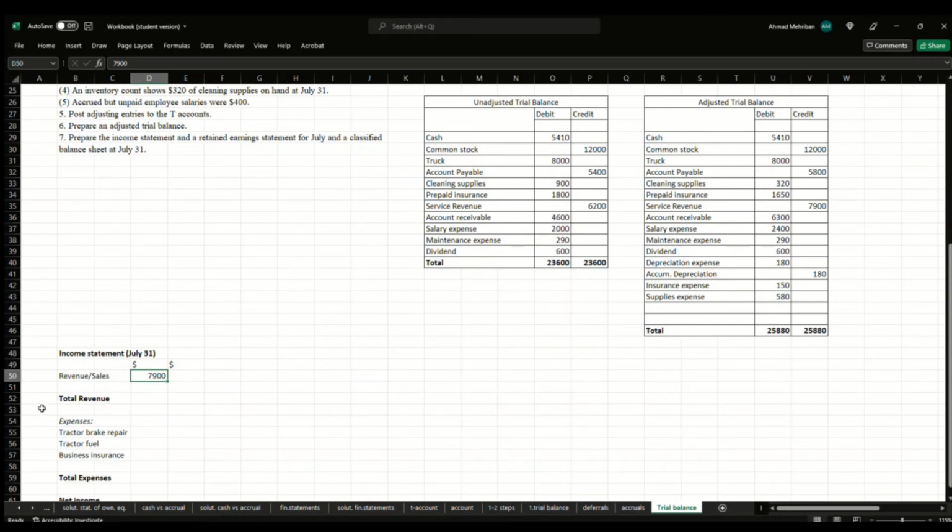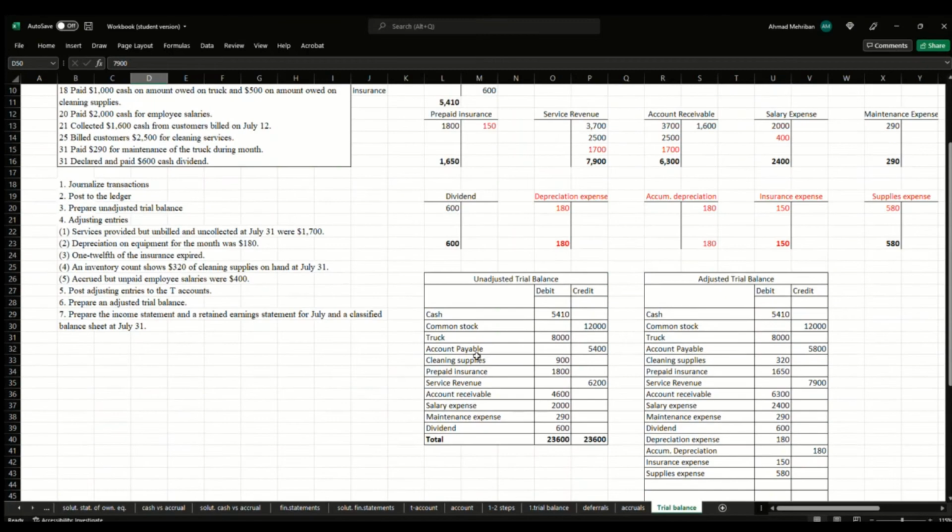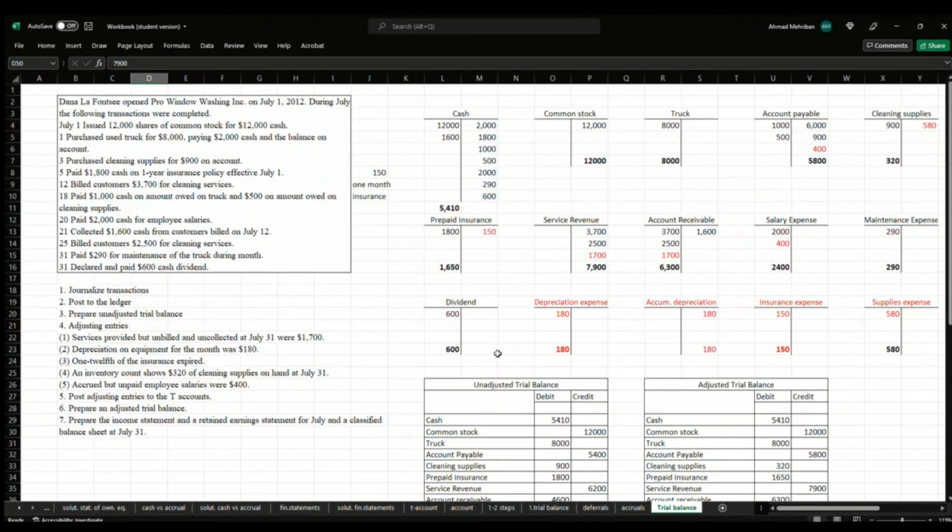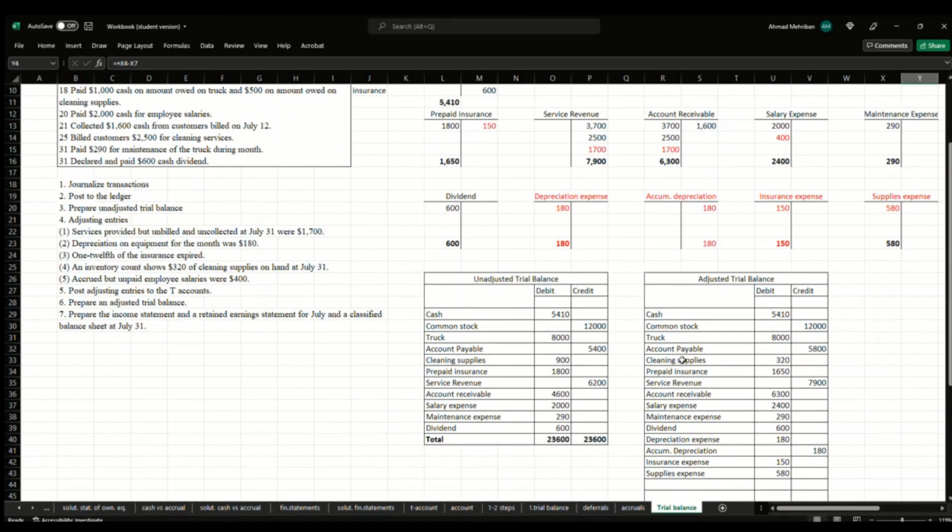Now, for simplicity, I'm not going to look into the cost of goods sold, although the business is about what? Window washing. The cost of goods sold would be the cleaning supplies, and depending on the type of salary, it could be the salary expense as well. But since in our case I don't know how much of this salary is related to those people who are actually providing the service, we're going to skip that part, and we're not going to add the salary to the cost of goods sold. Now, cleaning supplies, on the other hand, which we spend, yes, the expense of the cleaning supplies is